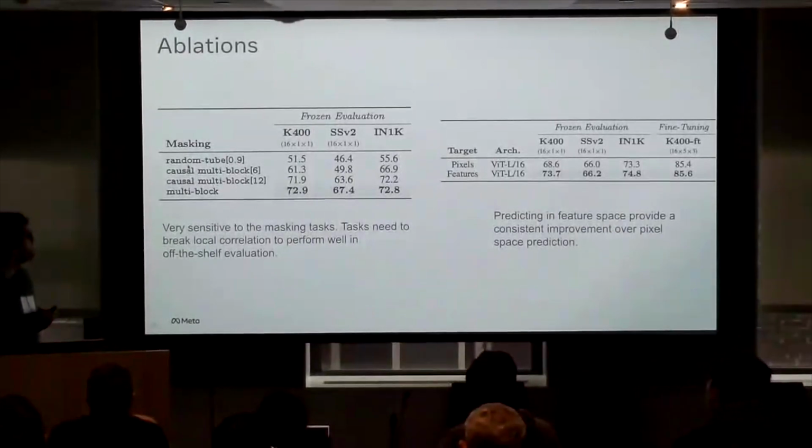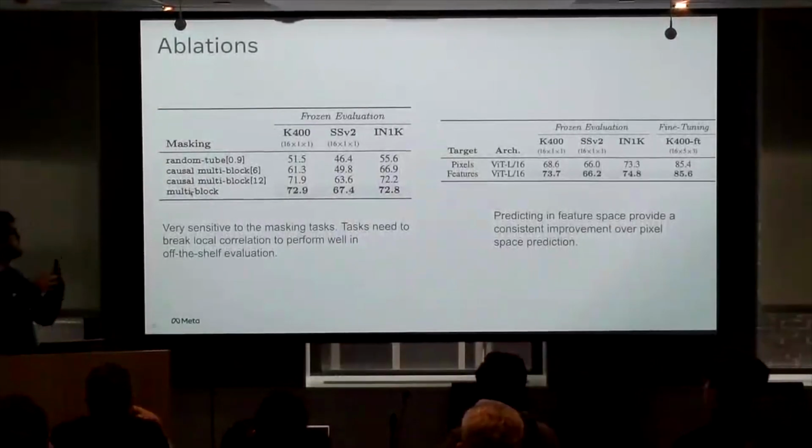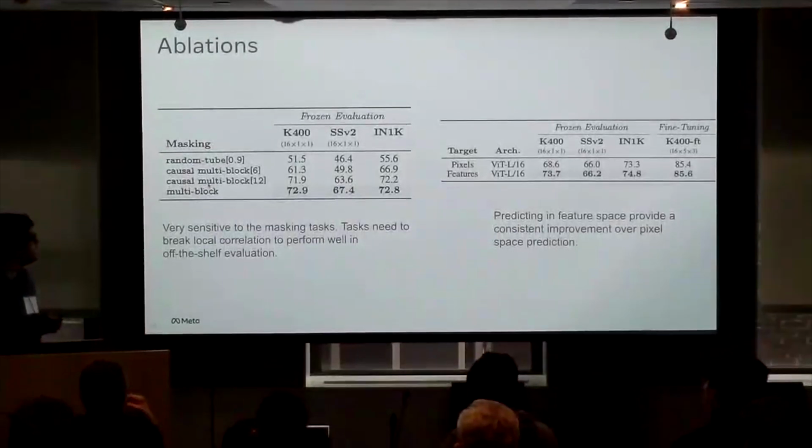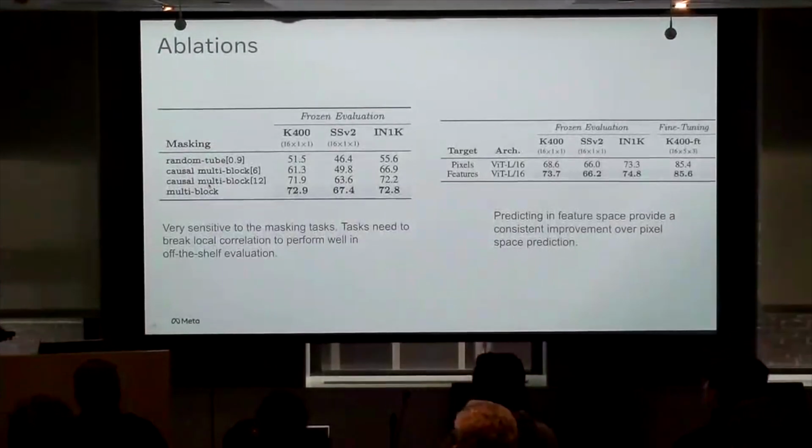The difference between causal and non-causal is that at some point we're going to mask the full video. And the last one is the multi-block, where we have those big blocks that we mask through the full video, but we don't mask the end of the video. That might be a bit confusing, but the point of this plot is to show